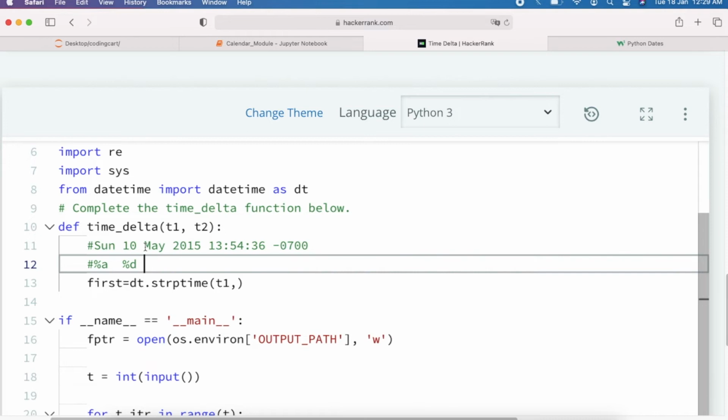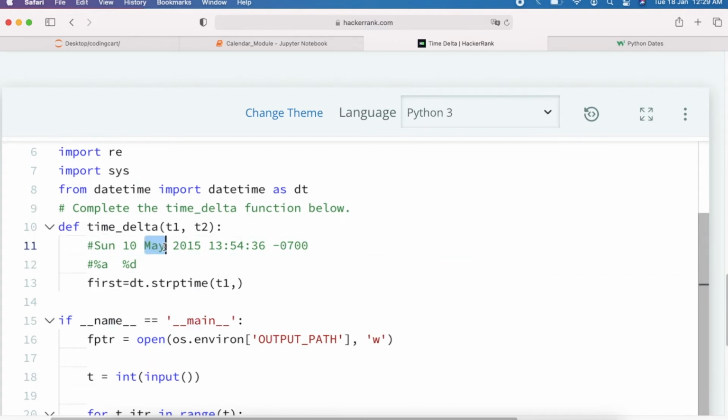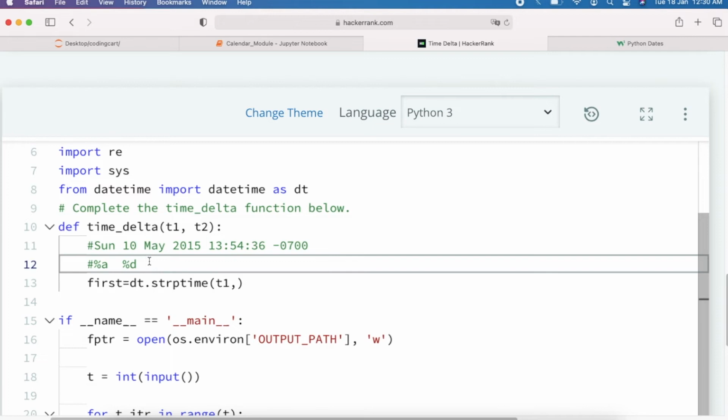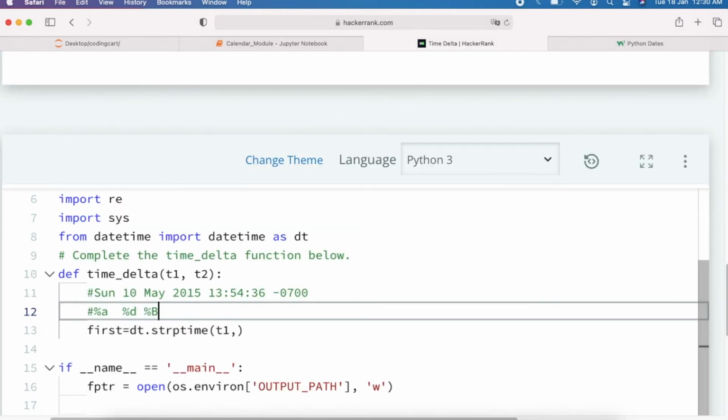Now this May is in full version, so for that we have used %b, correct? For May we have to use %b over here, and for getting the year in full we have to use %Y in caps.